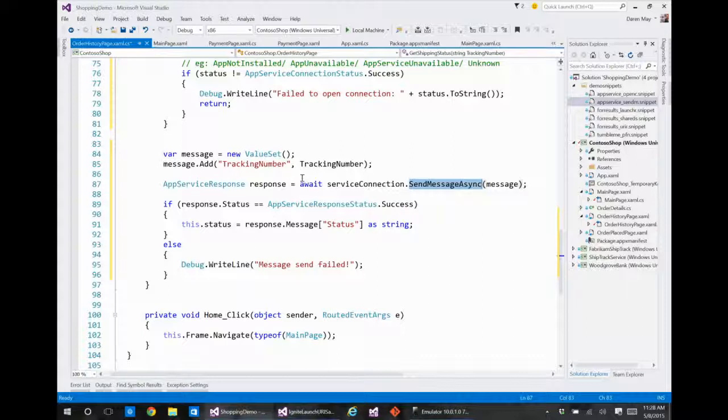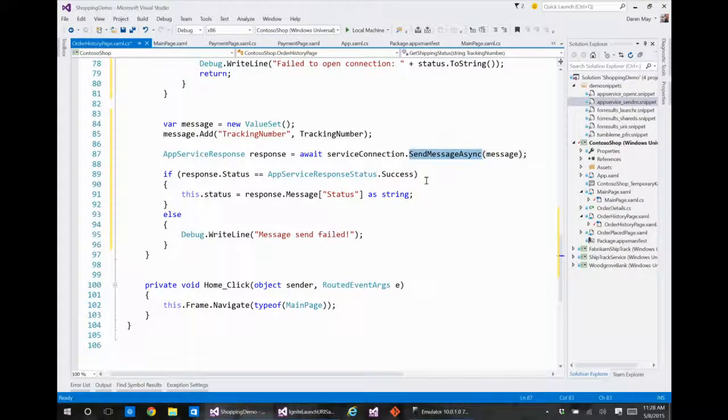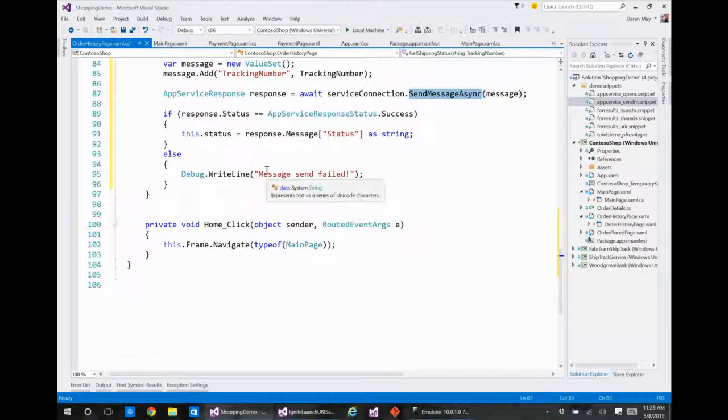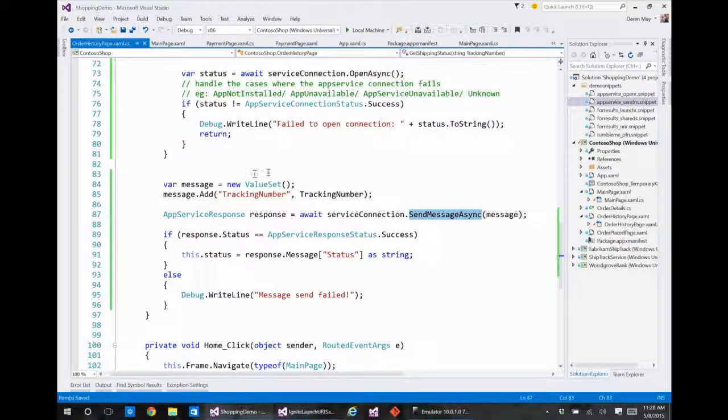Okay? Now remember, this is a headless environment, so when I create the connection, the app starts up, and it starts up the app service. The app service is now in memory, waiting for me to interact with it. Now I can send these as much as I like. Behind the scenes, a named pipe is being created. So this is a very low latency, low overhead connection once everything is started up. Okay? So you should be able to get millisecond sort of throughput through here. If it's successful, then I display this. If it's not, then I say it failed. Okay? So let's run this up.